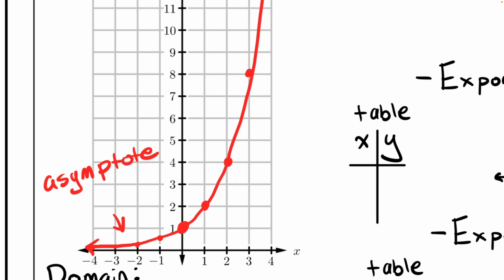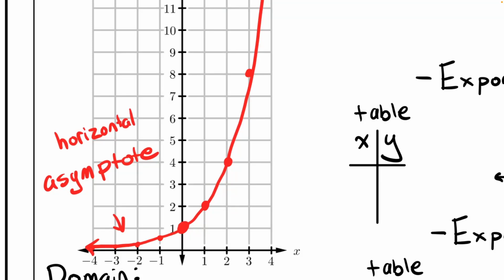An asymptote is a mathematical characteristic on a graph where you get closer and closer and closer to it, but you never touch it. There are some key examples where you can touch it, but I'm not going to talk about that in Math 1. We'll talk about that maybe in Math 3 or in pre-calculus. So this is a horizontal asymptote. In math, we sometimes have a vertical asymptote, but not in this unit. So technically, this is called a horizontal